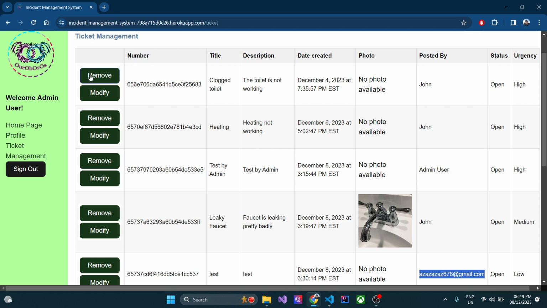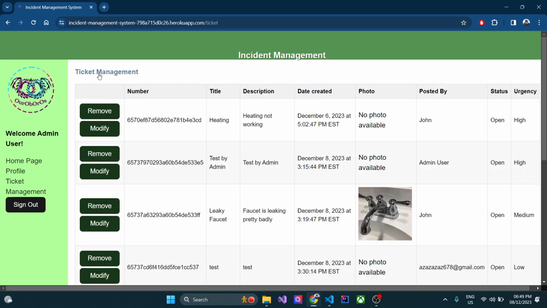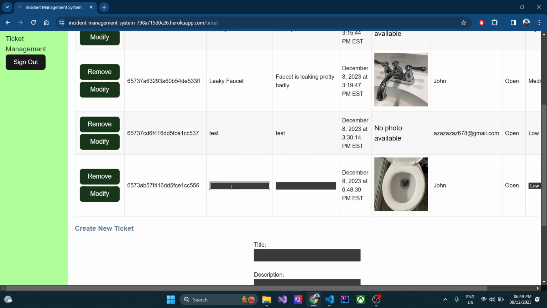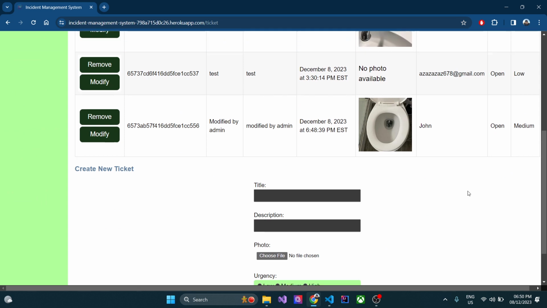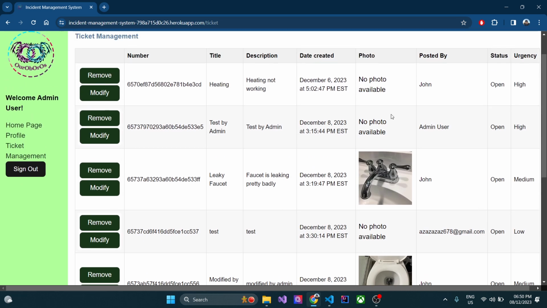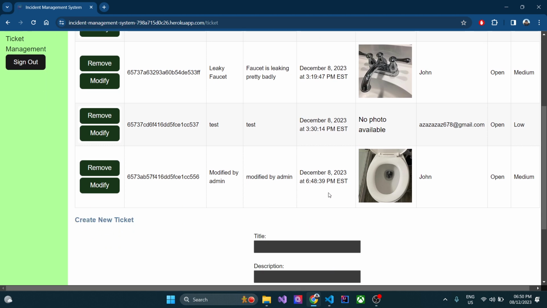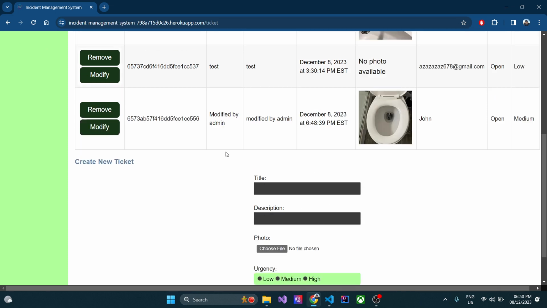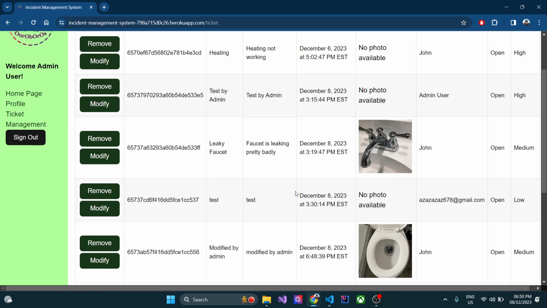So if we want, we can remove this ticket that was created by John on December 4th. I can remove it right now. And I can also modify this one that we just created. We can right here modify, modified by admin as well. Let's change urgency to medium and we click on save. Now those fields have been modified. This is something that can only be done from the admin account. The admin account can also create tickets,